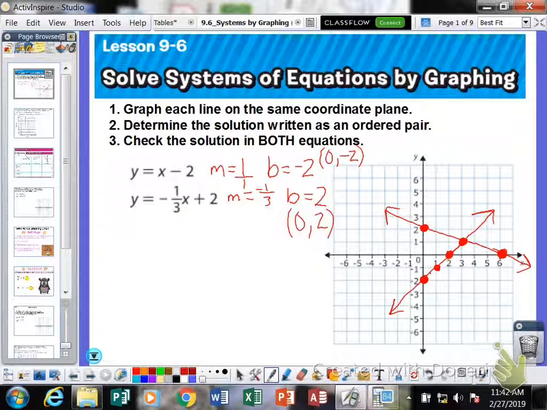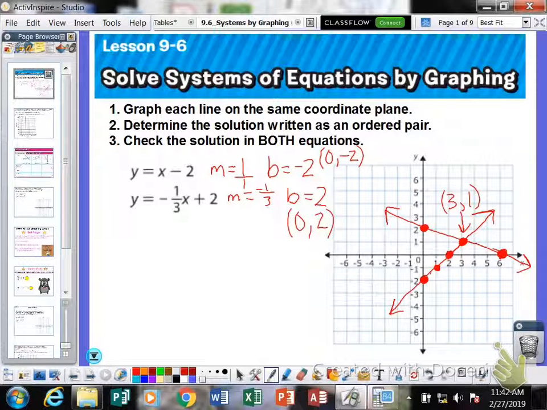Okay, so now we drew our graphs. We notice that they intersect at the point 3, 1. So at this point here, which is 3, 1. Okay, so we found our solution written as an ordered pair. It's 3, 1. So now we want to check our ordered pair to see if it is in fact our